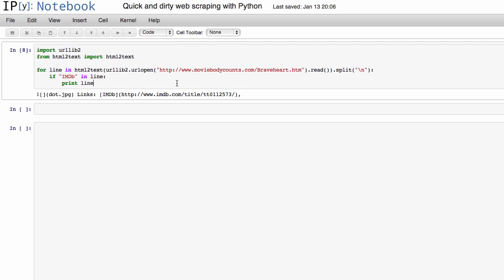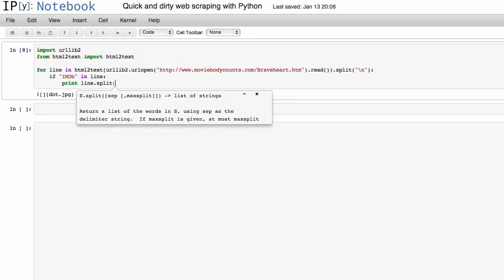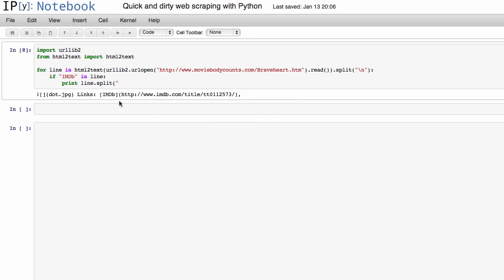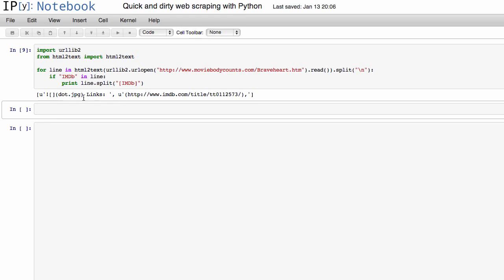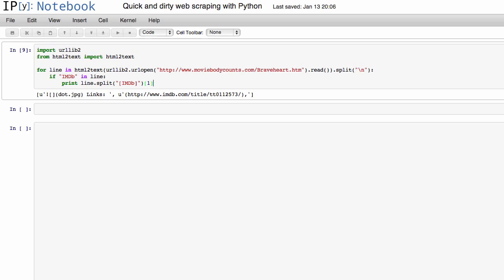Of course, we want to get rid of the rest of the text here, so we can do some sort of quick string manipulation to just get that URL. So we can use Python's string split function, and let's just have it split on the IMDb markup there. So if we print that, you see now that it splits it into 2 items in a list. We have this dots.jpg, whatever, and then we have the link that we actually want, which is index number 1. So now if we index there, you see now we have most of the link, and we just have to